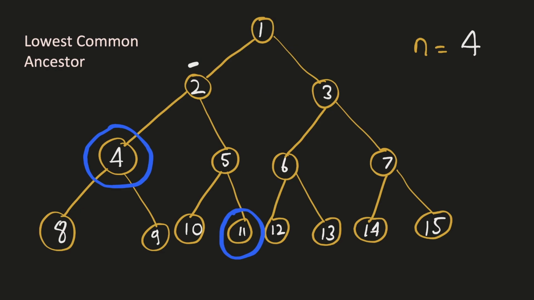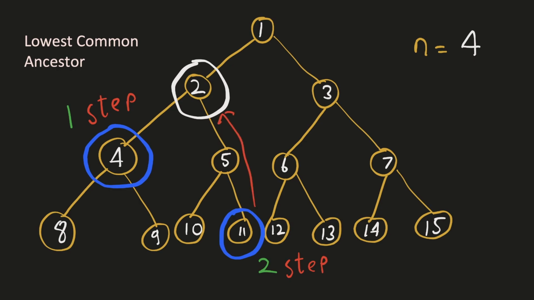This is because from the lowest common ancestor, node 4 is just one step below it, while node 11 is two steps below it. So it will take two steps to reach node 2 from node 11. But if we go two steps above from node 4, we'll reach node 1. So if somehow both of these nodes were at the same level, they would reach the lowest common ancestor at the same time. So it would make sense to move node 11 first so that both of them will be